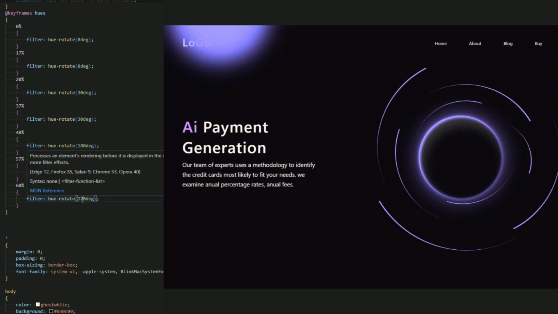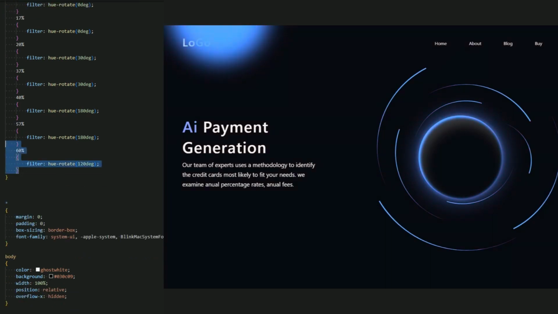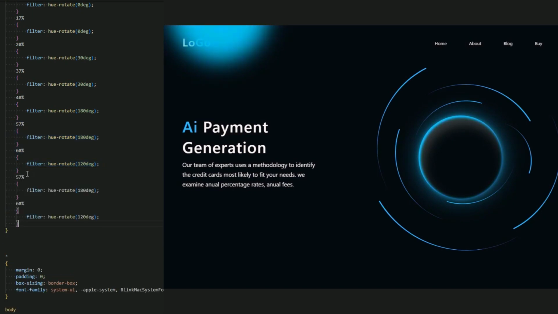It just keeps changing the color, guys. Okay, now for the 77% and 80%, 120 degree, and this will be 275 degree, the next color, guys. And yeah, I chose a custom color, as you can see.